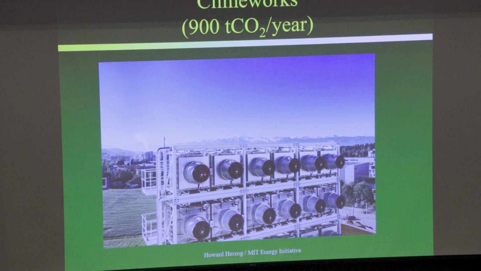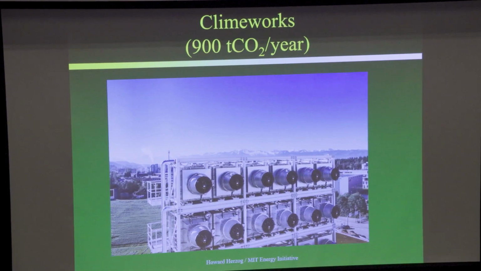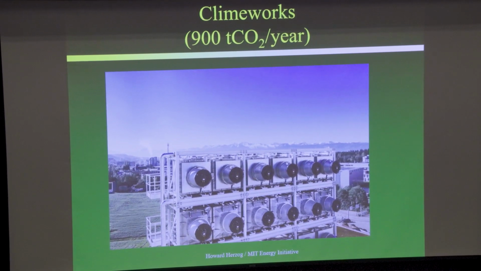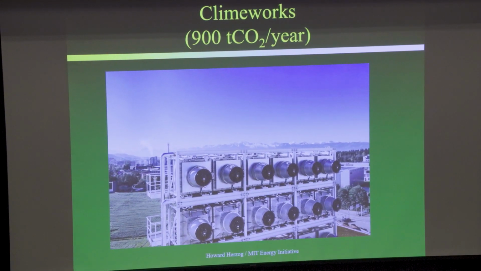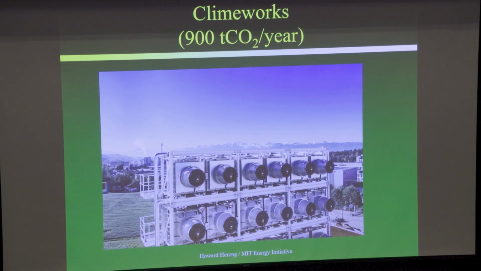So this is what it looks like. You can see the way it works. There's a fan. This is actually the exhaust fan, so the air is coming from the other side into here. They let it run a few hours and let the filter pack, the amines, get saturated, then they close it, and they basically have metal plates that come in and seal it. They'll pull the vacuum and they heat it up. The first thing they do is they'll pull a vacuum. They pull it down to about